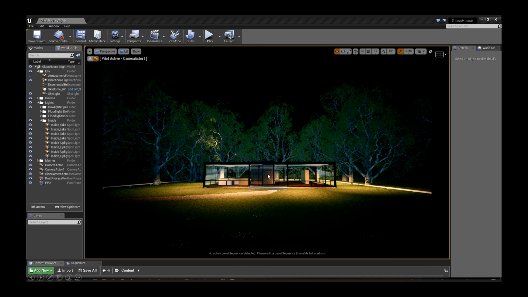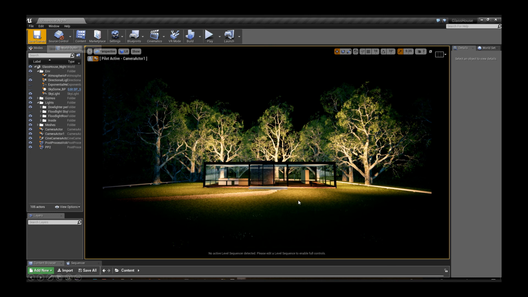But I didn't do that this time, focused on the outside, and here I've got some downlighters from the edges, just flooding a little bit the edges of the house with this kind of very soft transition to complete darkness here. And then these floodlights onto the trees. They were put on top of the roof of the house and just projected light out onto the trees, and they've got this kind of warm color here that I